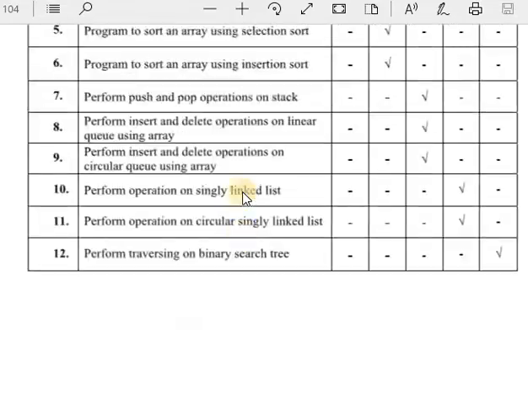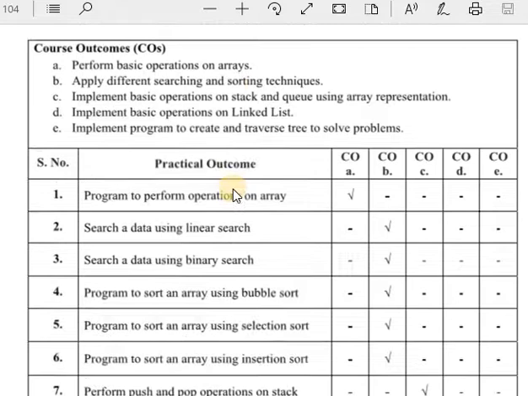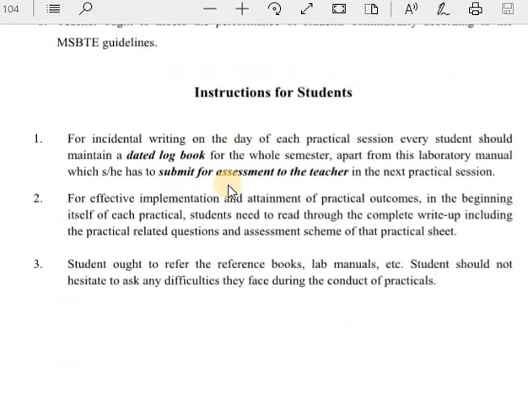These are the basics. After that, there are some instructions for students. First, for incidental writing on the day of each practical session, every student should maintain a dated logbook for the whole semester, apart from this laboratory manual, which he has to submit for assessment to the teacher in the next practical session.